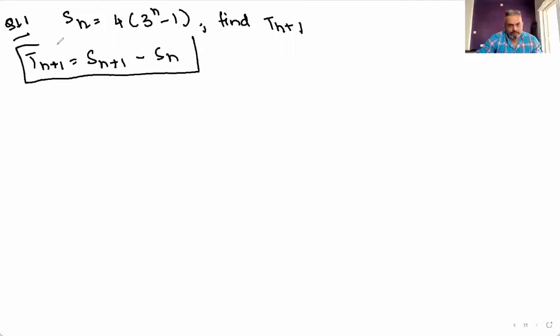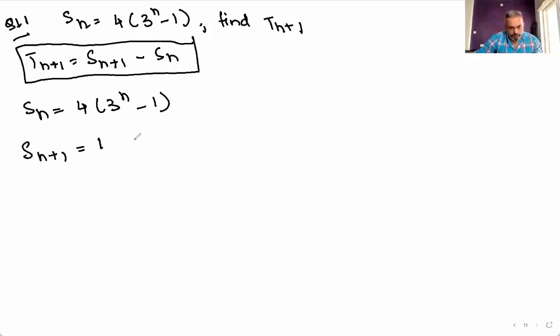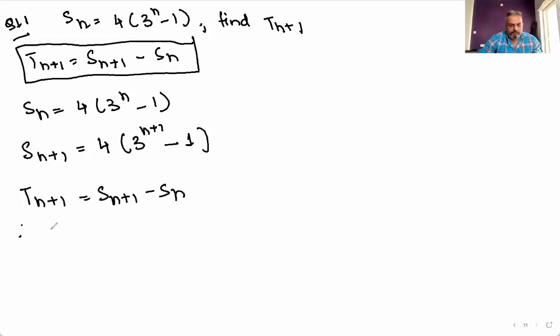Now we have Sn, so already Sn is equal to 4 into 3 raised to n minus 1. So Sn plus 1 is equal to 4 into 3 raised to n plus 1 minus 1. Now Tn plus 1 is equal to Sn plus 1 minus Sn. So therefore